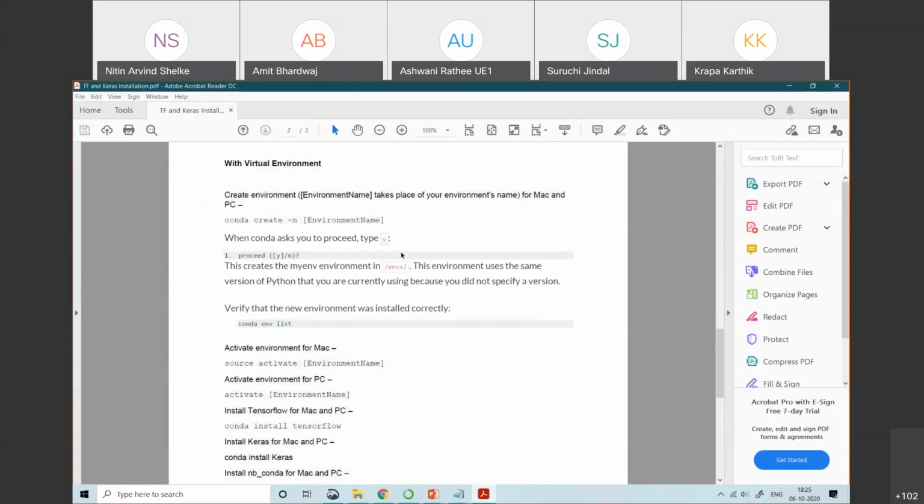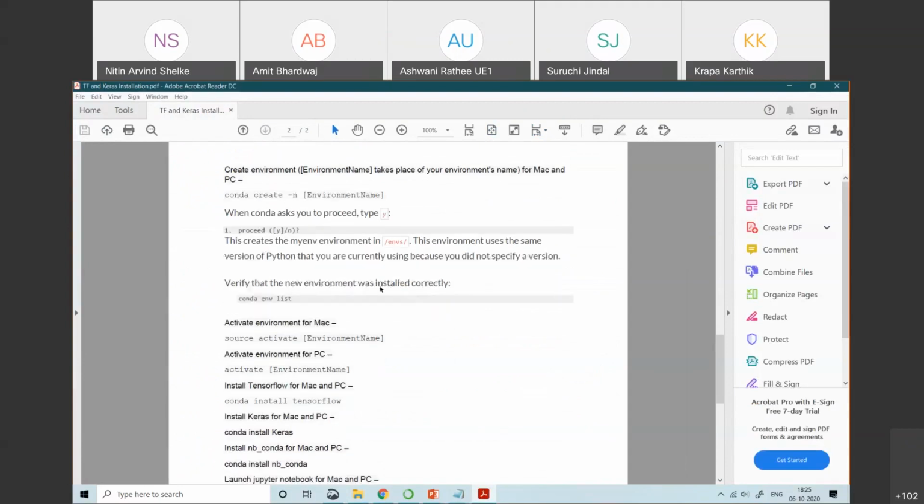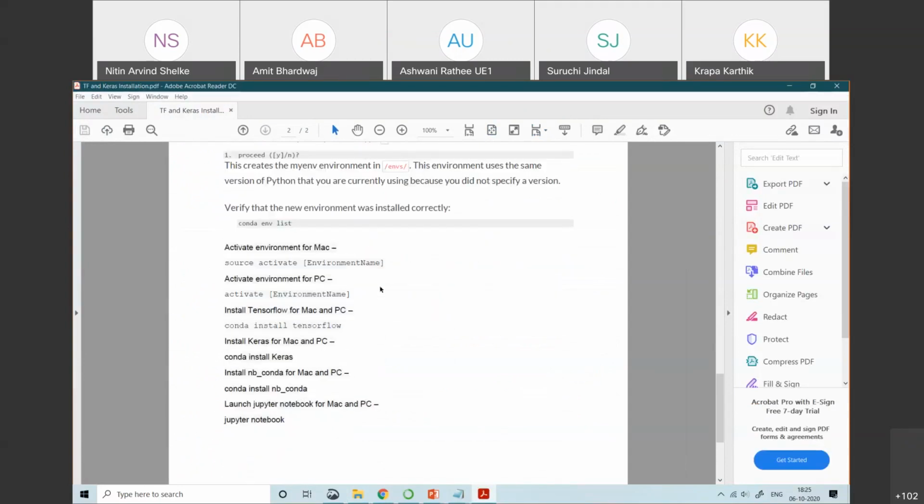You just need to follow these steps, with conda create, and these many steps you need to follow and you can create the virtual environment.